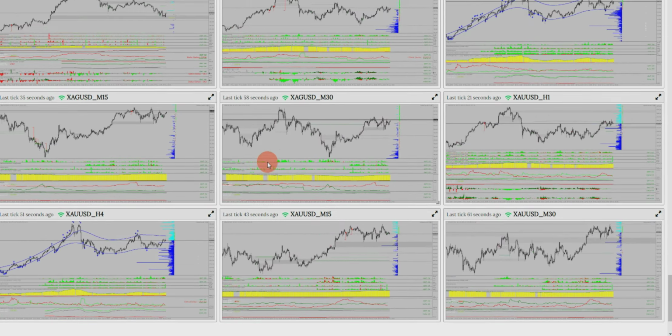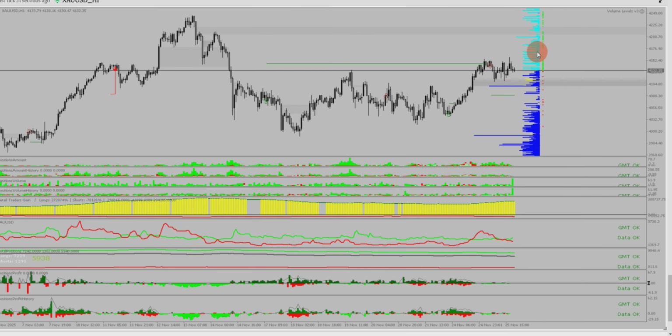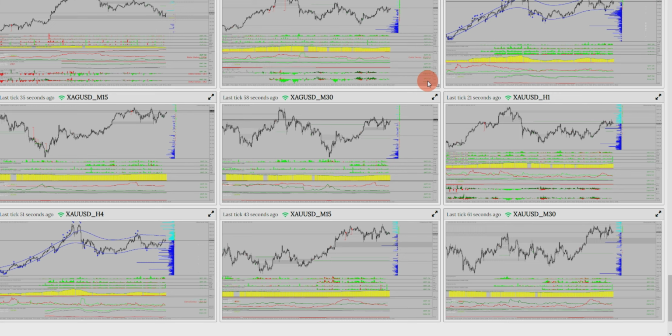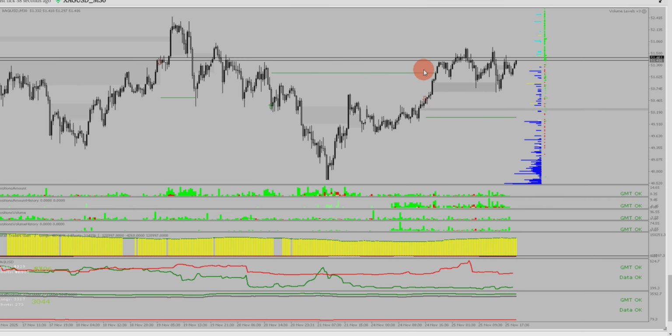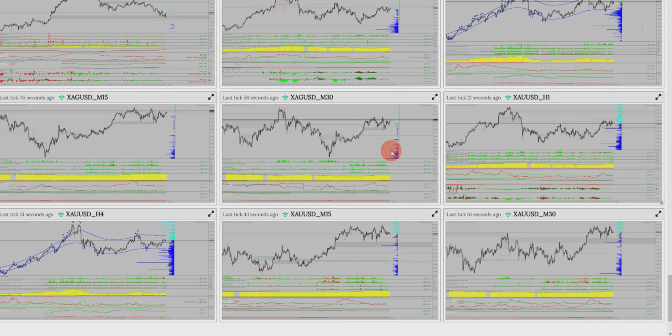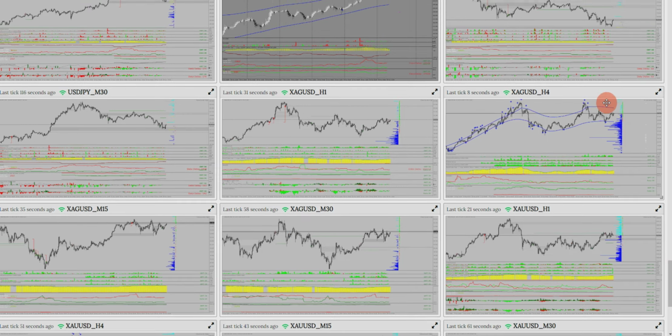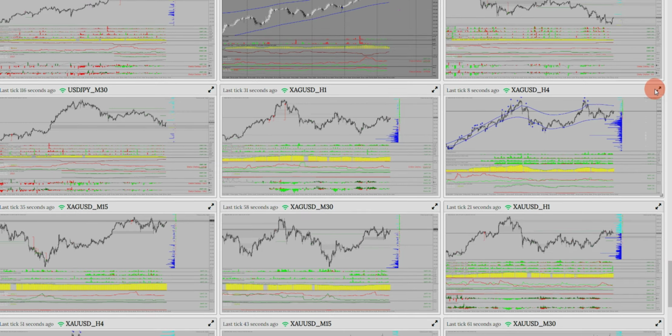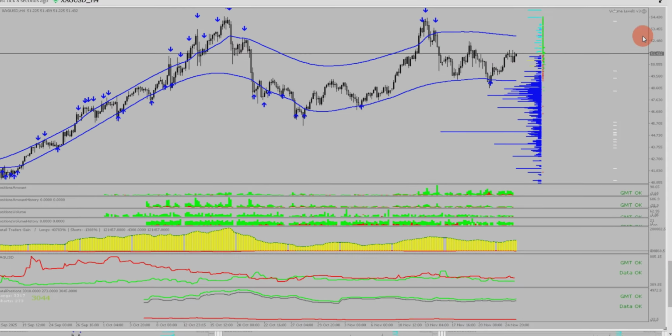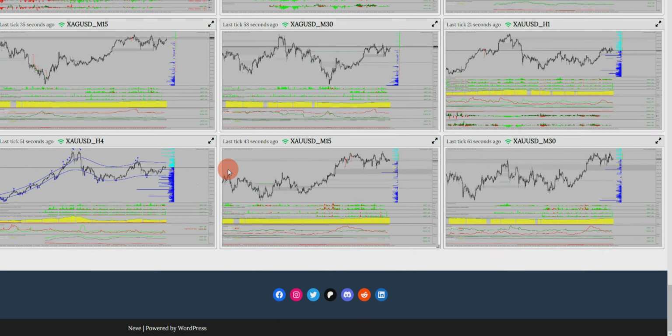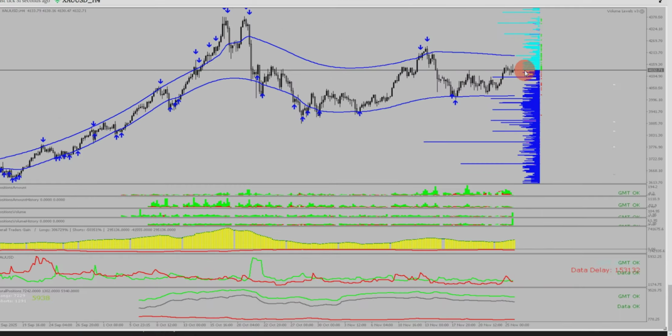The metals, very interesting, like we saw in gold, yeah, taking the upper MTS here as predicted. Now kind of neutral again, yeah. And silver the same, like taking the upper MTS here. But before the news now, the metals are again neutral, as you can see on the higher time frames. Yeah, like here silver on the 4-hour chart, it's like within the range. And even gold on the 4-hour chart is still in the range now, you see. So the bias is much lower than in the last weeks.